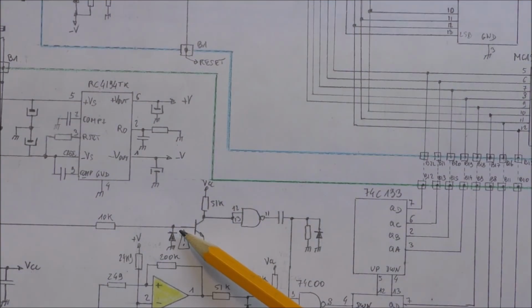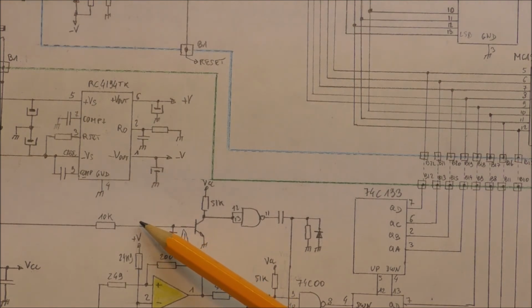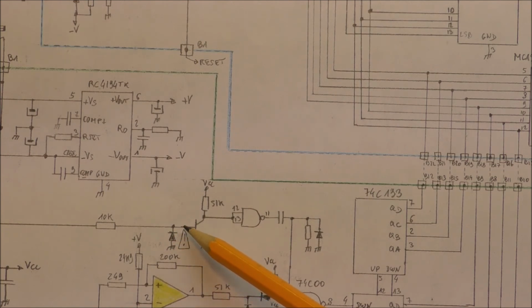That means that the junction is in parallel to the base emitter junction. There are two problems. The first one is that this diode doesn't prevent a negative voltage. And the second one is that when there is a positive current here, the current will be split in two different currents. So one current will flow into the base of the transistor as it should be, and there is another current which will flow into this diode. In this case, this diode is forward biased.